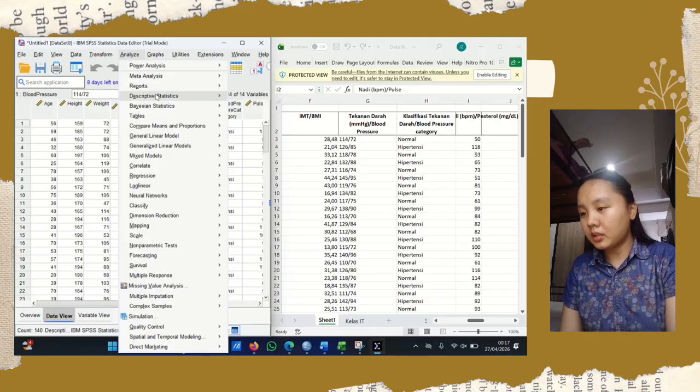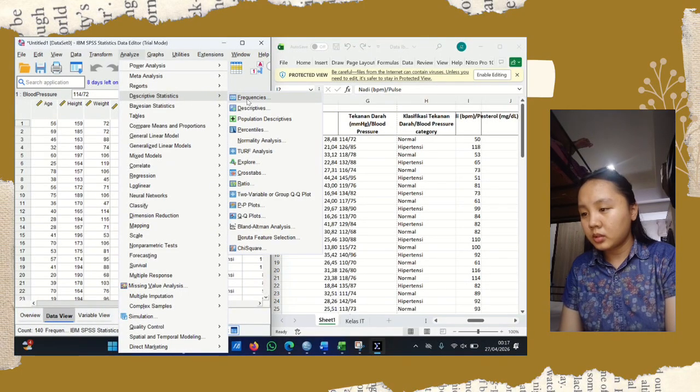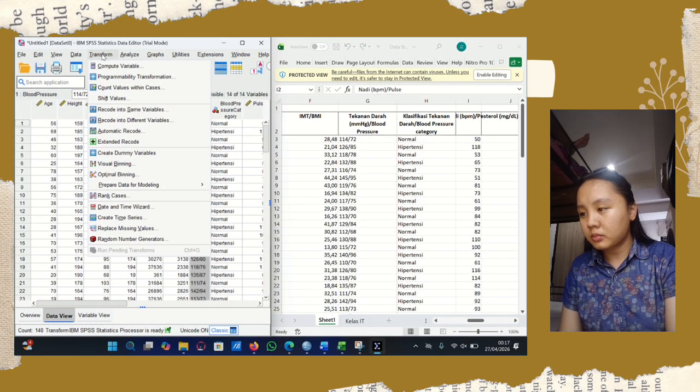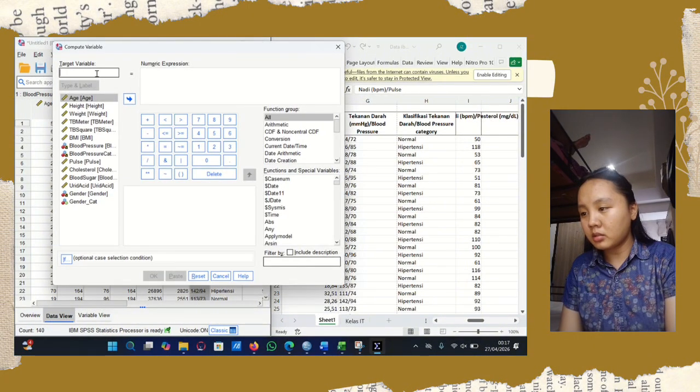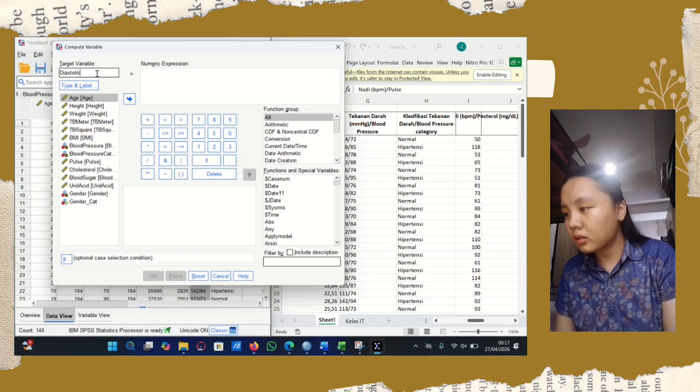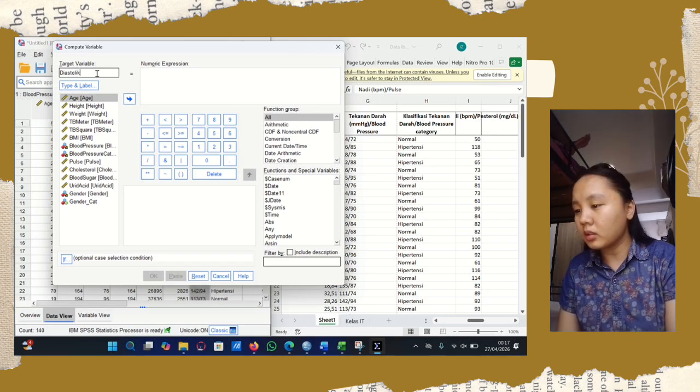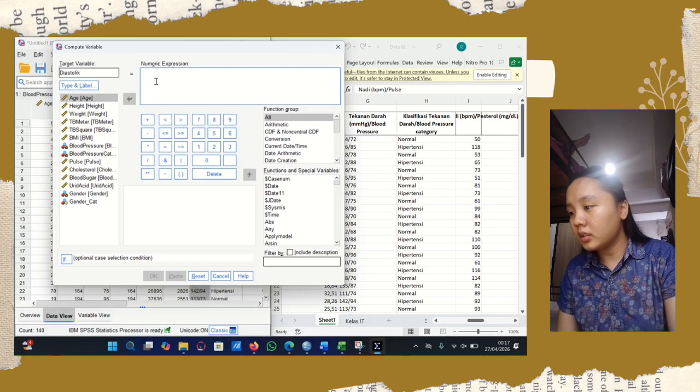We go to the data view. We click the blood pressure and we compute the data.